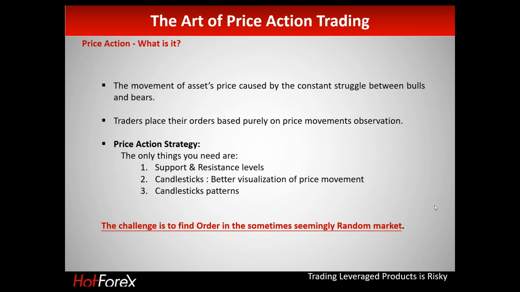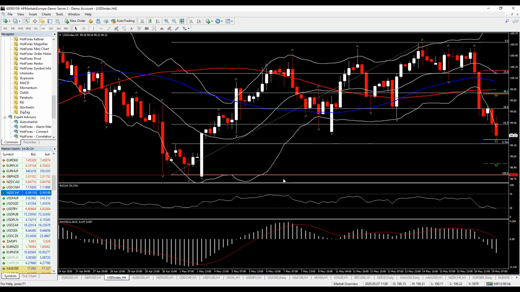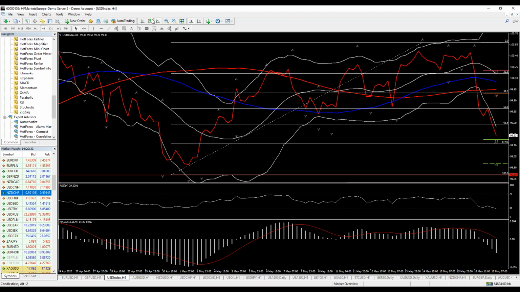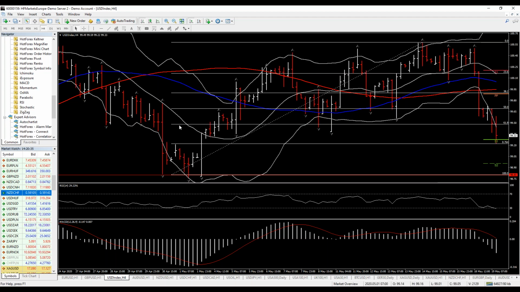Let me put the MT4 on. Can you see the MT4? Yes, you can. You cannot really clearly read the market by using a line chart or a bar chart. Some people are using bar charts, but I find it a bit difficult, because it solely shows you the open and the close, and it's not so obvious like the candlesticks.